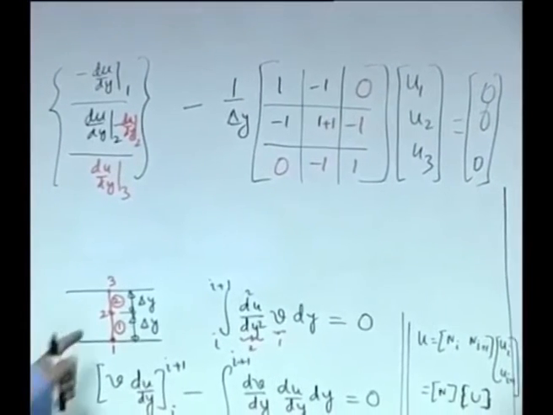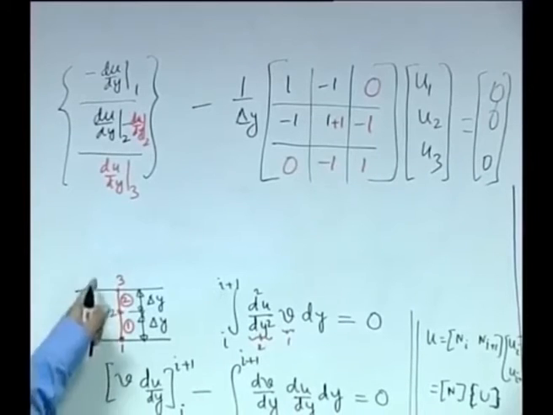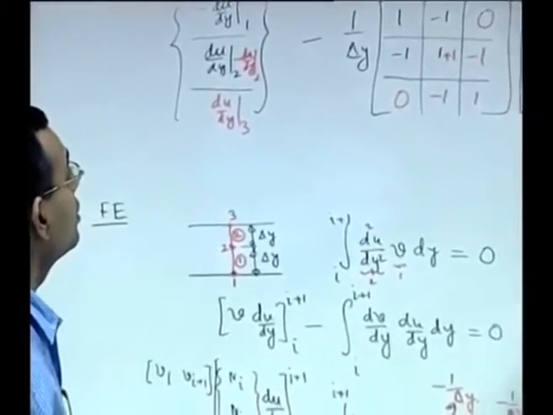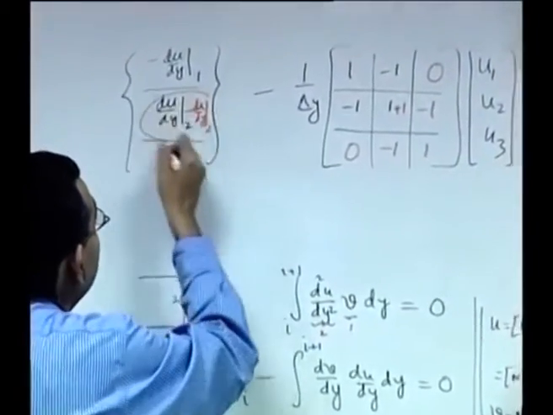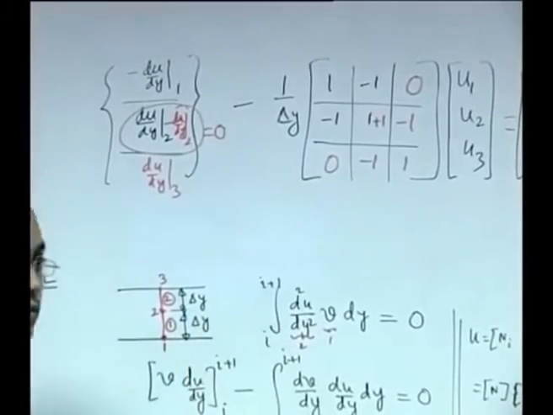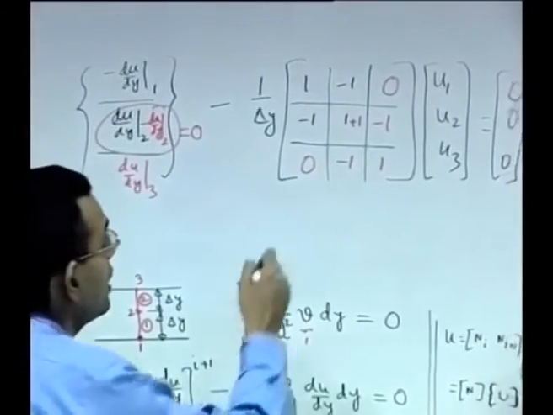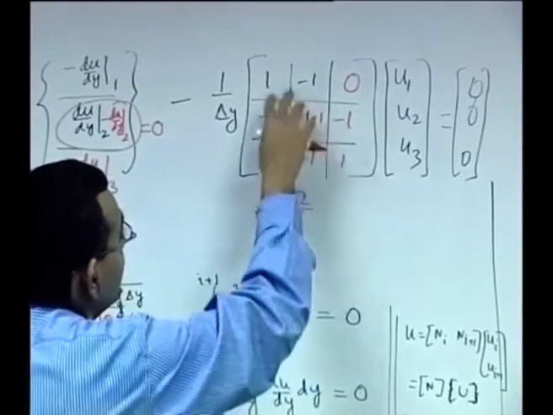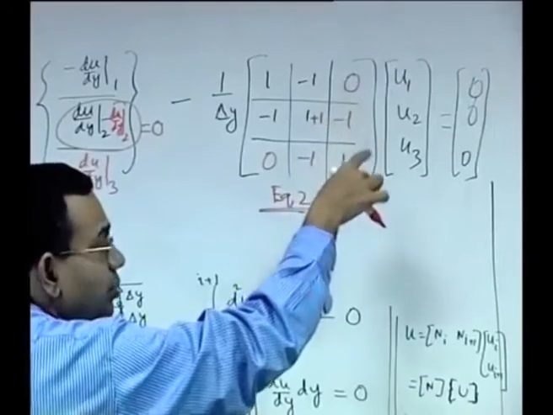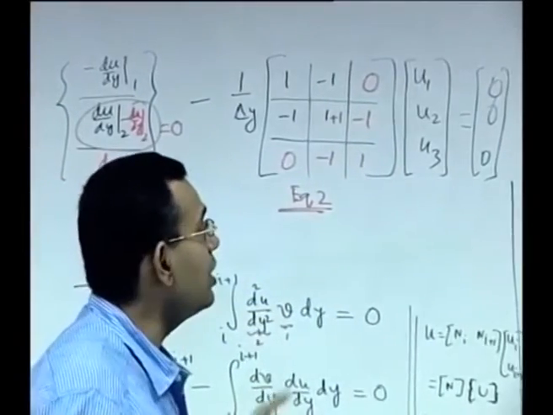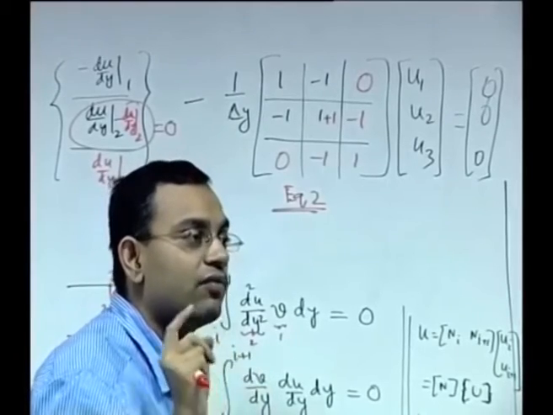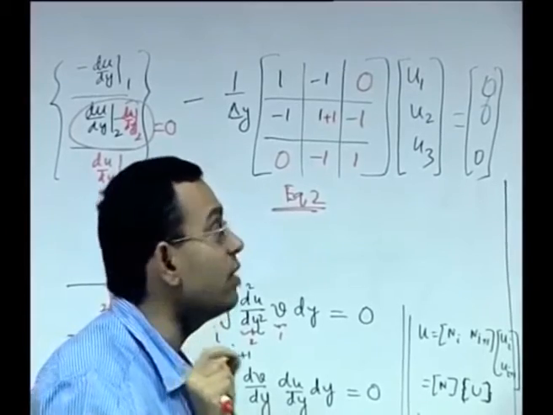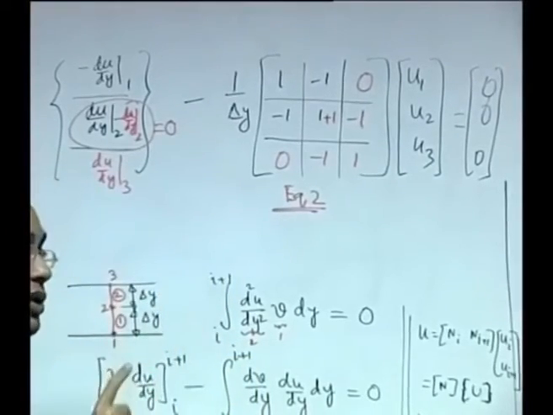Our objective is to solve for u2 because 1 and 3 are located at the boundaries, no matter whether it is top half of the domain or bottom half of the domain. So you can see that this becomes 0. So for the second equation, equation number 2, here basically you will get 3 equations, one for u1, one for u2, one for u3. Equation for u1 and u3 you do not require because there you have boundary conditions, Dirichlet boundary conditions, that is specified values of u1 and u3, but you require the equation for u2.